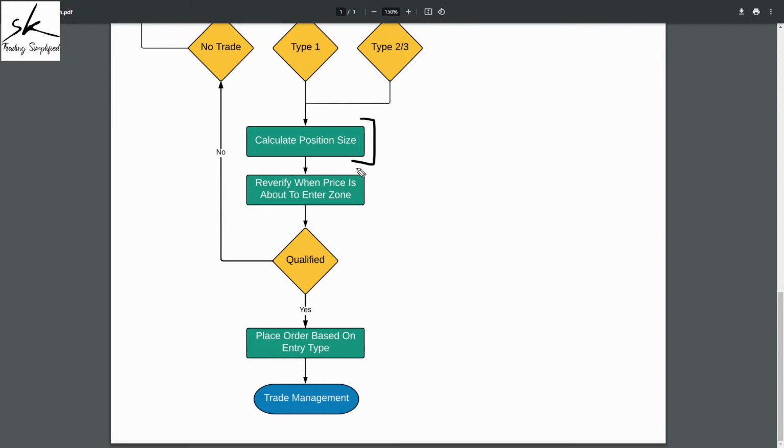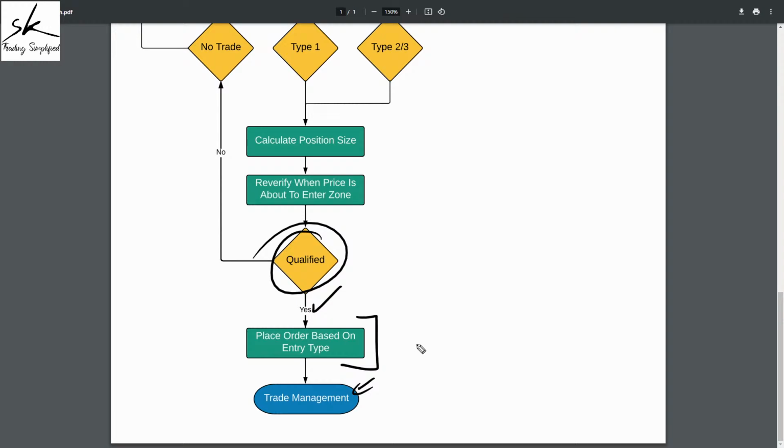Next, whenever the prices are back, we'll have to re-verify, because the markets are not static, they are dynamic. Conditions are changing almost every other second. So before jumping into a trade, we'll have to re-verify it still qualifies based on my trade plan. If the answer is yes, you place your order based on the entry type, and the last step is your